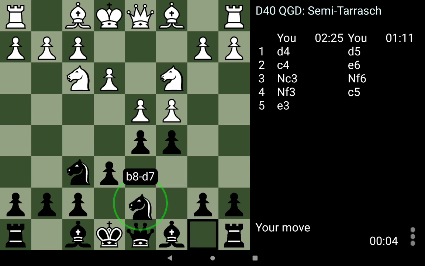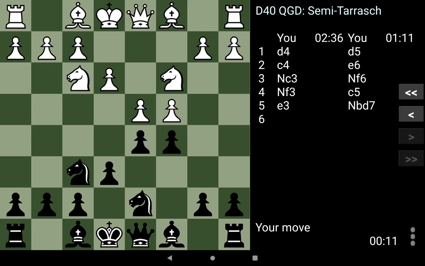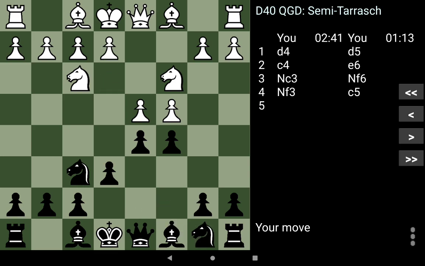Okay, what are we talking about? Look, the bishop now is trapped, right? So that's a little passive now for white. One of his pieces, that bishop, is blocked by his own pawn on e3. So they say here, white can, however, play